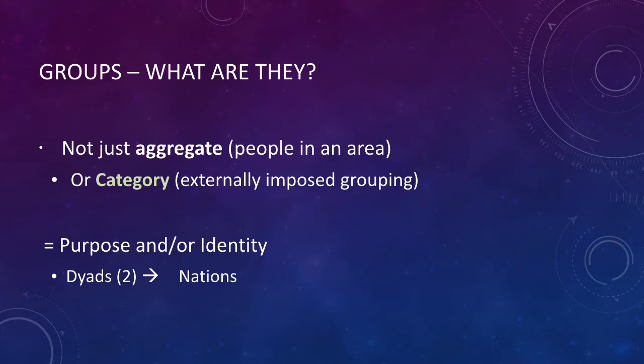So the first thing we want to think about is what is a group and what isn't. And this is an important definitional term. And again, the reason we make this distinction is that we don't want to go around studying something that doesn't really fall into the right category. So a group is a collection of individuals, two or more, who have a shared sense of purpose or identity. So shared sense of purpose or identity.